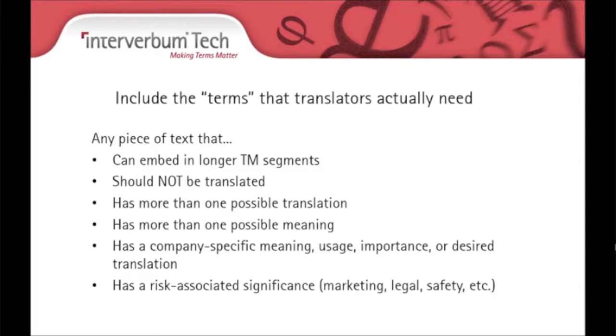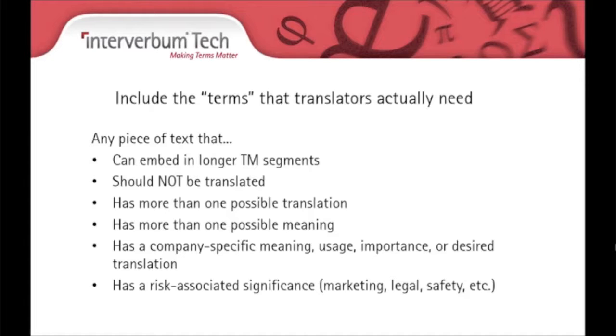The most common use case for using spreadsheets for glossaries is for creating a bilingual or a multilingual reference for translators, whether or not they use a CAT tool, the computer-assisted translation tool. This presentation focuses on this particular use case then, the use for translators. So the first question is, what terms do you need to include in the spreadsheet? Well, you can and you should include just about anything that can drive quality, consistency, and productivity in the translation